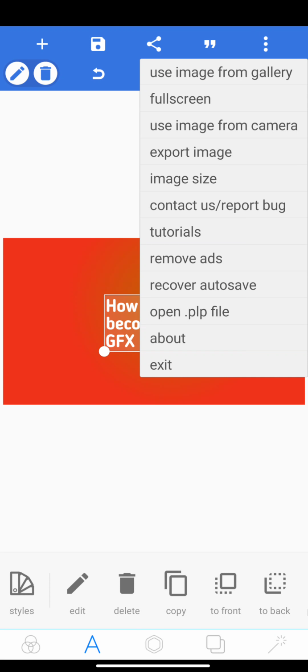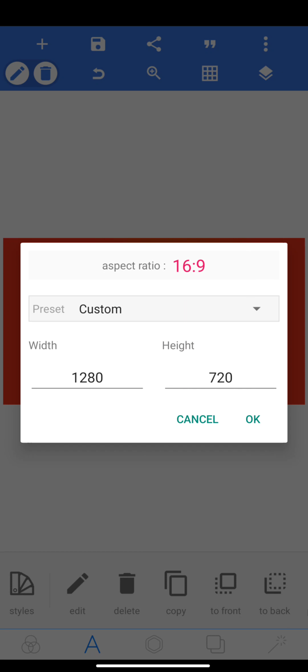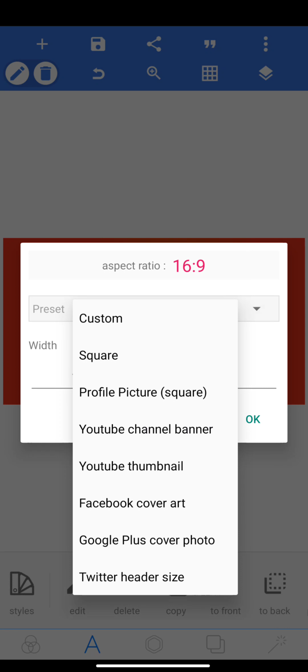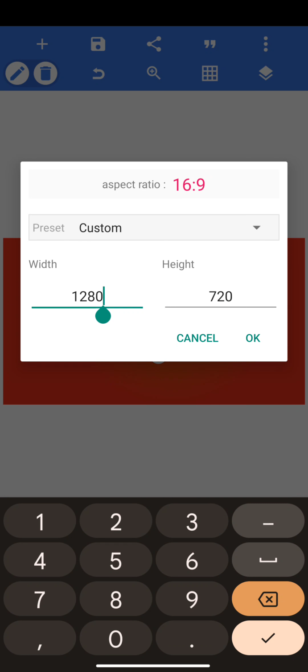judgment. We can't judge the size. So first of all, we need to set the ratio of the size, which is YouTube banner, and you can also write manually